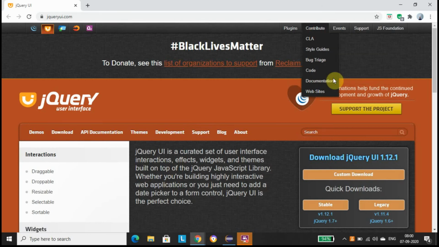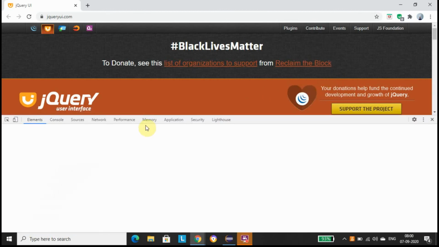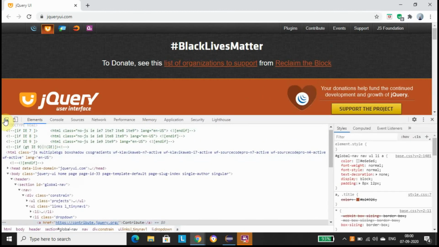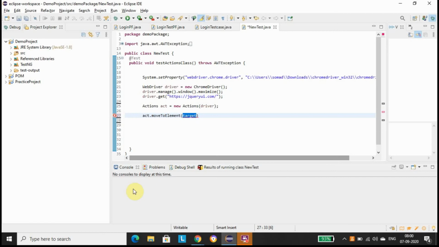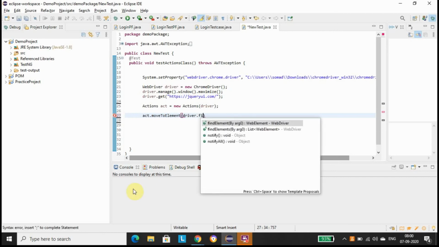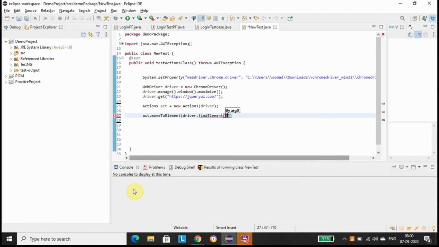We will get the locators and all the details. Let me inspect this one. Basically in the same way, we are going to use driver.findElement here. Okay, here it is. You can see this is a link, so we have the link text here. Let me copy that. driver.findElement(By.linkText), and we have the link text here, dot build dot perform, as I told you at the beginning of the session.